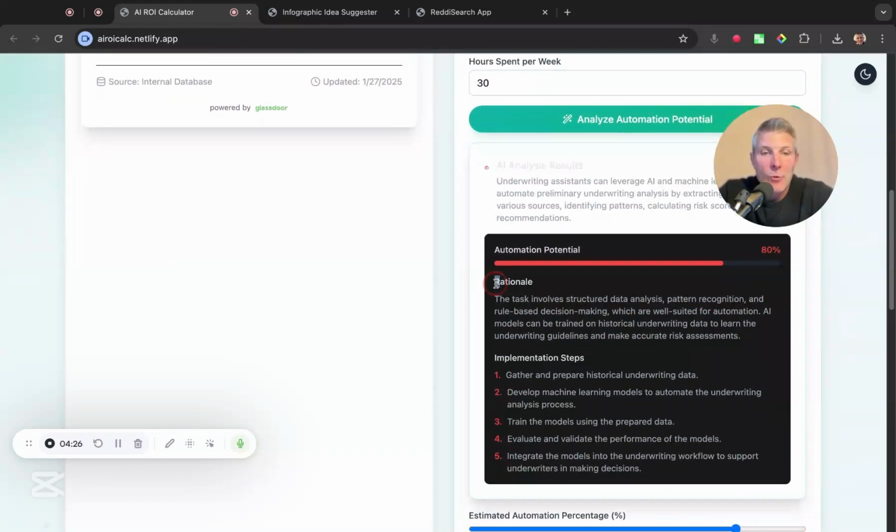We've got the rationale behind it, why it thinks that it can automate these tasks. And then it gives us a rollout step, gathering the historical documents, being able to develop machine learning models, train the models to use the prepared data, evaluate the validated performance of the models, and then integrate the models into underwriting workflow to support the